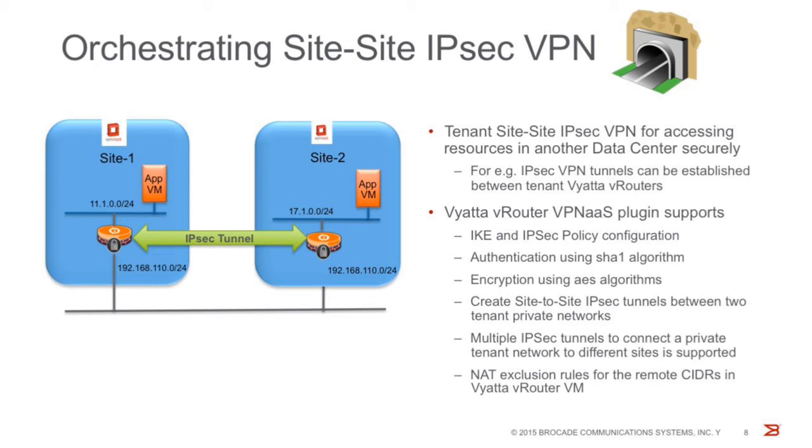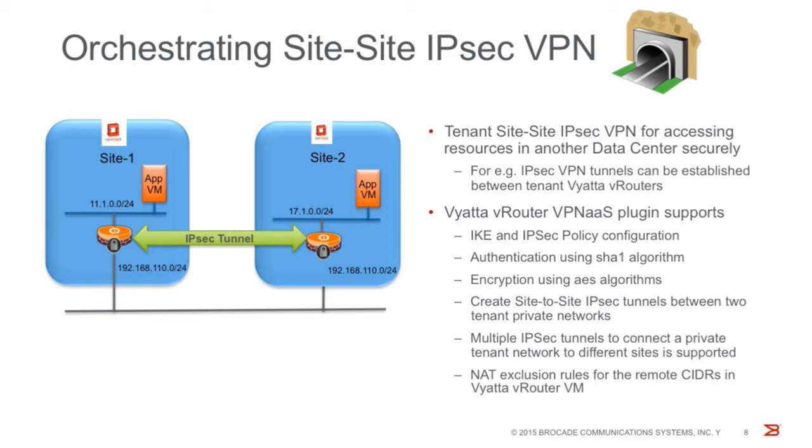But you want these application VMs to talk to each other across the internet between the data centers, and that means you would need to establish IPsec VPN tunnels between the vRouter VMs that you see in the picture. And if you have already deployed the vRouter as a tenant router in your network, you can use the Brocade vRouter VPN as a Service plugin to configure these secure VPN tunnels between your data centers across the internet. And it can automate a lot of steps like